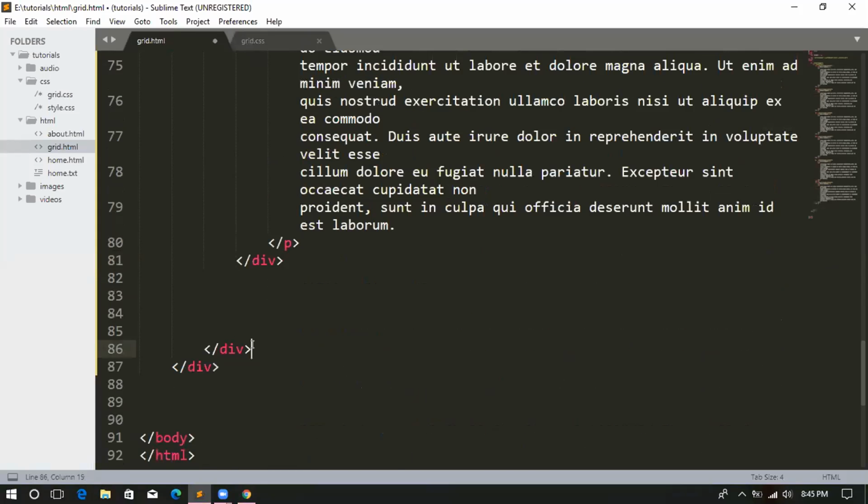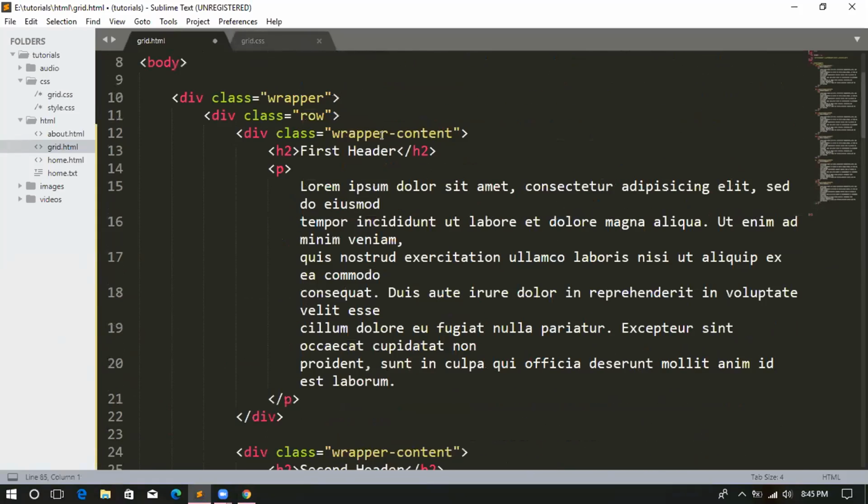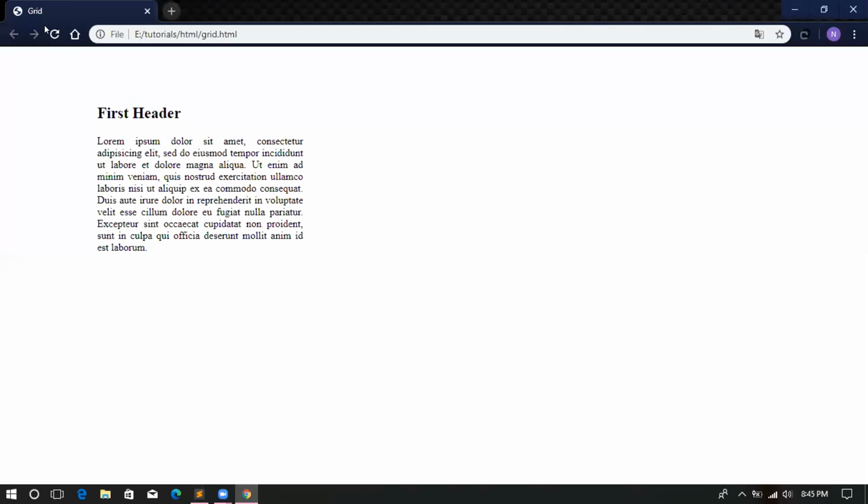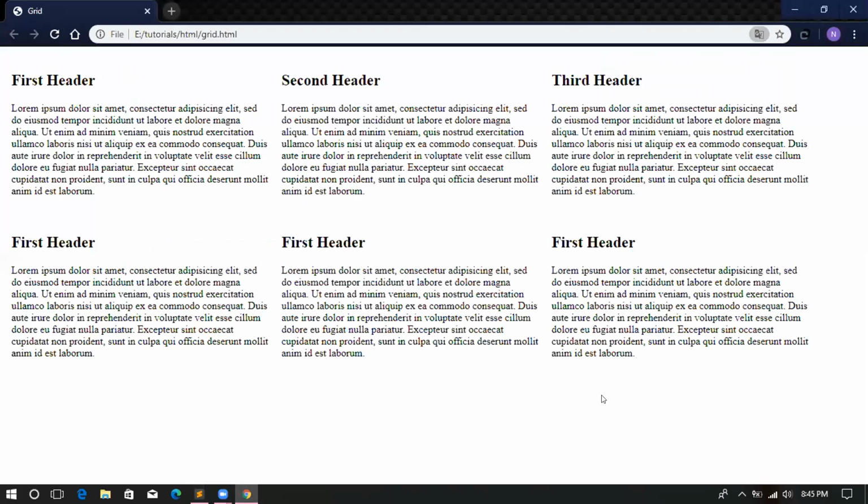Okay. Let's try. I'm cleaning the wrapper, then the row. So save it. You will still get it, there it is. We still have it. But what's the effect? Oh, it's just up to you how you want it. You can use the content wrapper, but this time around, when you try to make any changes to the wrapper content, it will affect each individual column. Okay. So supposing I want to shift the whole of this information to the center,